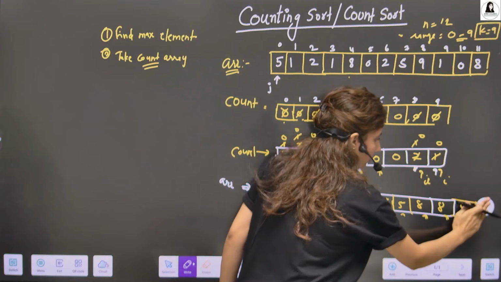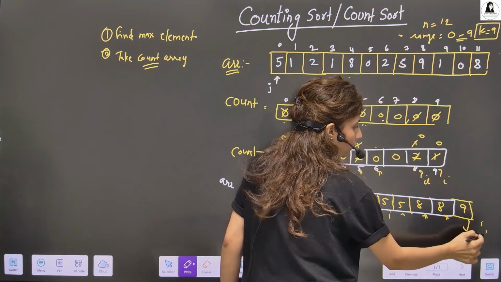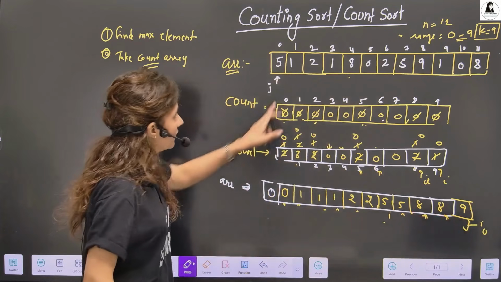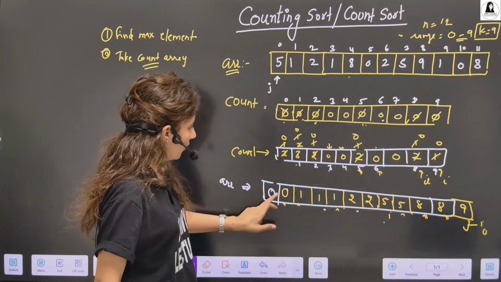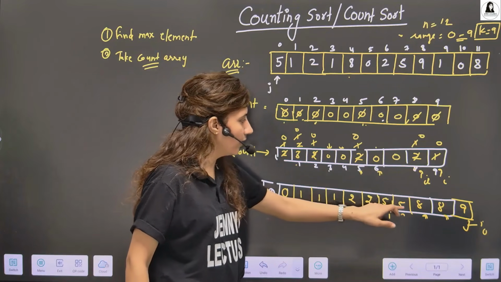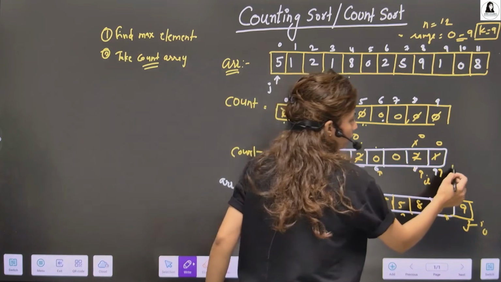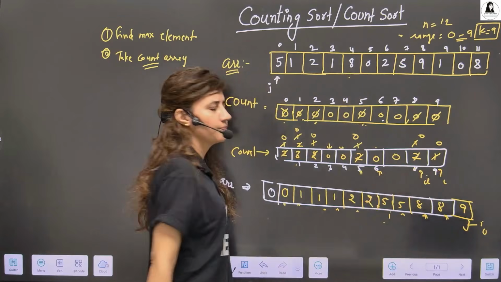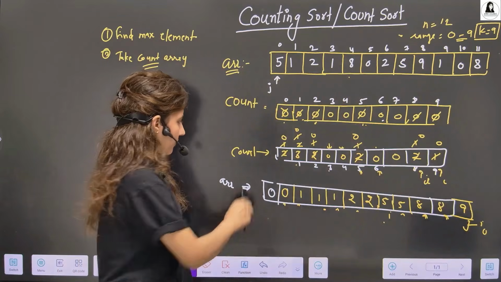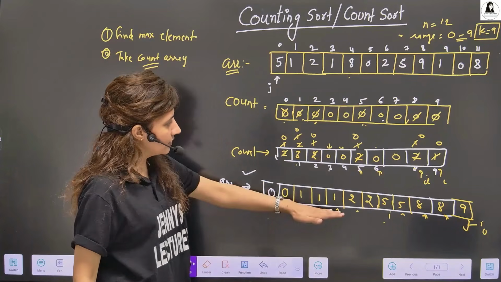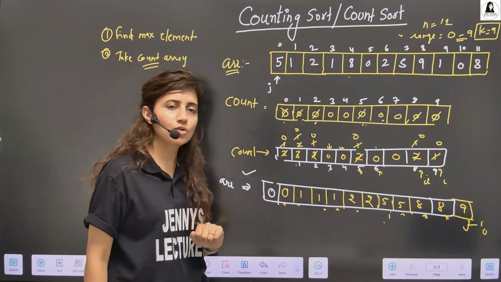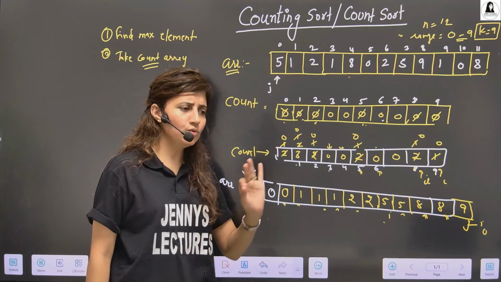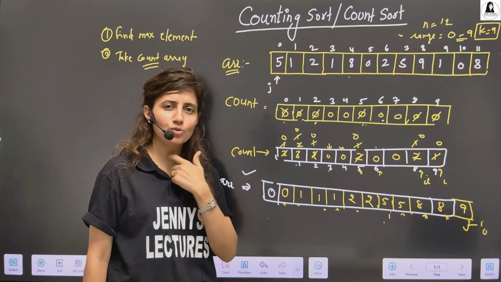And increment j also. But yeah, the array size is obviously 12. So 1, 2, 3, 4, 5, 6, 7, 8, 9, 10, 11, 12. And I is also done. So we just stop. And this is my sorted array. That's exactly what you get when you sort this array in ascending order. That's how we do count sort. This is the basic approach of count sort.